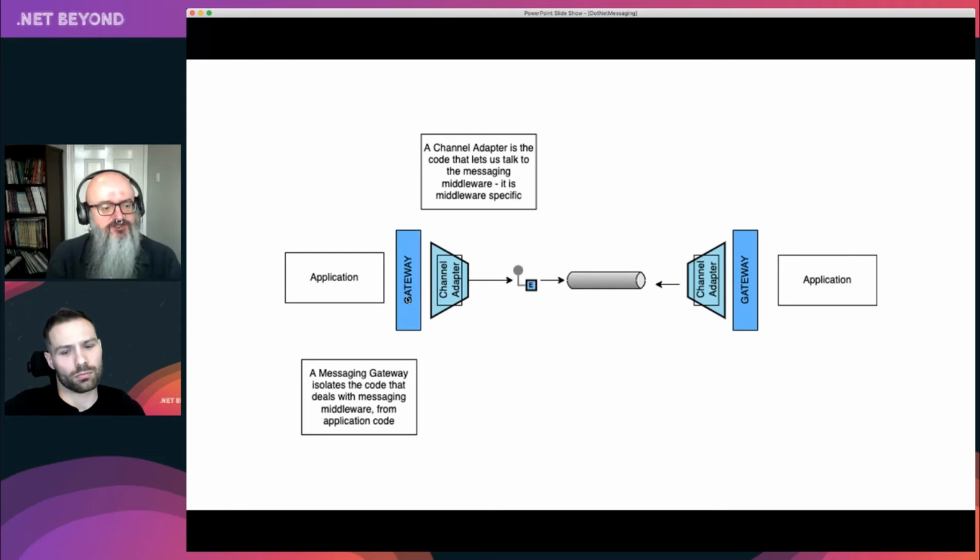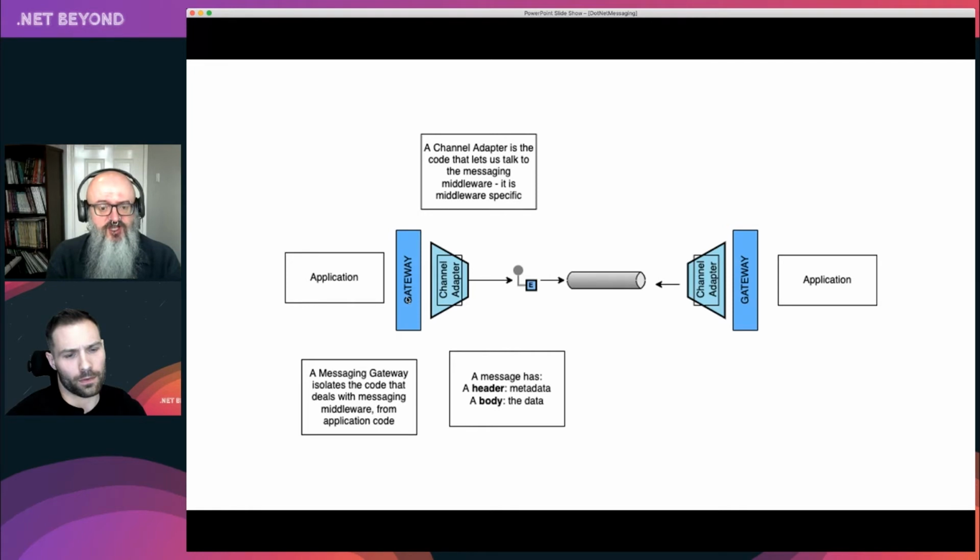And then, using messaging middleware, some messaging product, we're going to send stuff over to be consumed by our receivers. We tend to send a message which has both a header, which is metadata about the message, and a body. The header says things like, what's the identifier? Is this plain text or binary? What's the schema going to be like? What version of the schema am I using? All those things that help us process a message. And then the body is the actual thing that you care about on the far side, reading in the domain code. Generally, header stuff I think is dealt with in the channel adapter or the gateway layer. They're the things that want to interact with the header. And the body is stuff that the application on the far side wants to deal with.